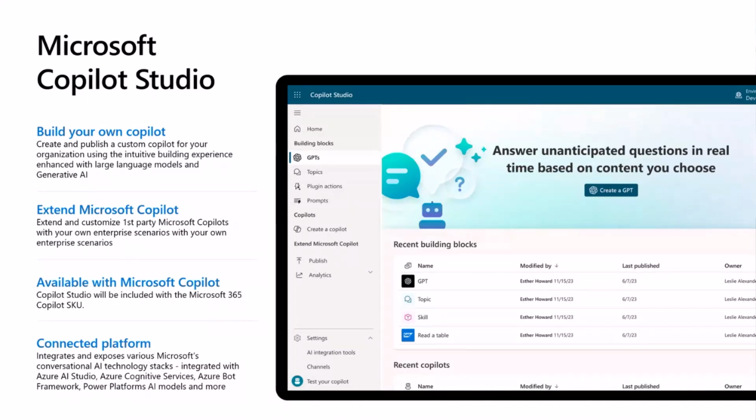But now Copilot Studio is also there to allow you to extend first-party Microsoft copilots. By that, we're talking about Microsoft 365 Copilot, and some of the copilots that exist inside the Dynamics 365 arena, like Sales Copilot, etc. And really, these are the two main reasons for Microsoft Copilot Studio to exist and for you to